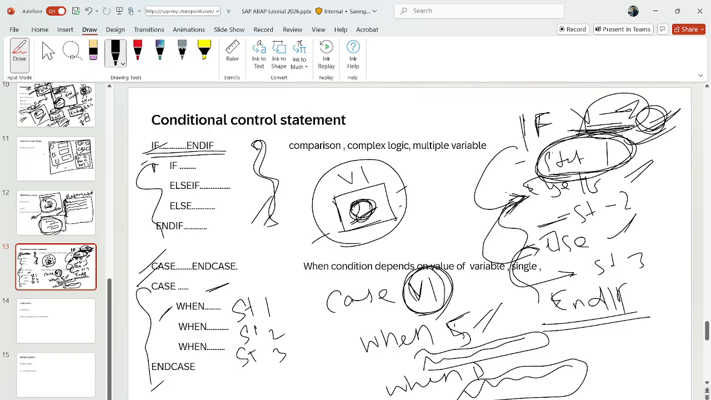Similar to if and end if, but here there is no comparison. Here the logic totally depends on this variable. In case, when the value of the variable is true, this statement is executed. When the value of the variable is true, this statement will execute. Okay, so when